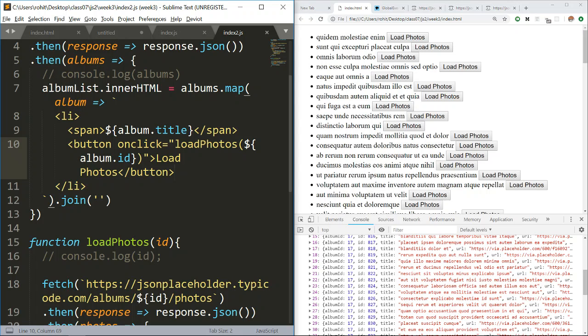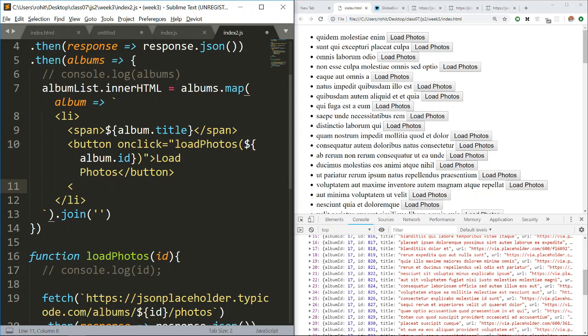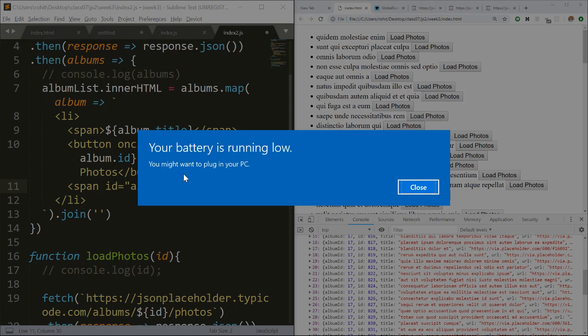Then there was the last step in which a lot of you guys couldn't figure out, right? And that is you need somewhere to attach all these photos. Okay, so this part is a little bit hacky because there's no straightforward way to do this. What I will do is that I will create an ID which would be, let's say, album photos, and then I will